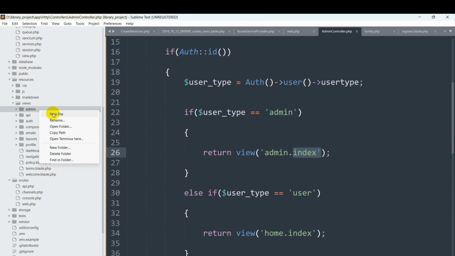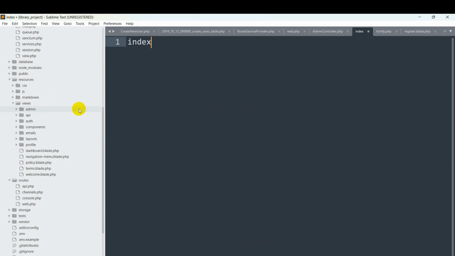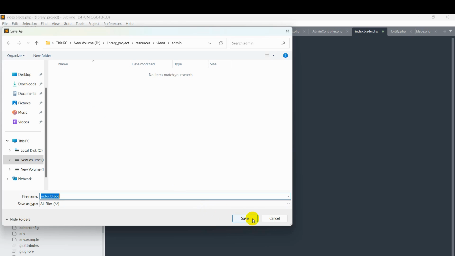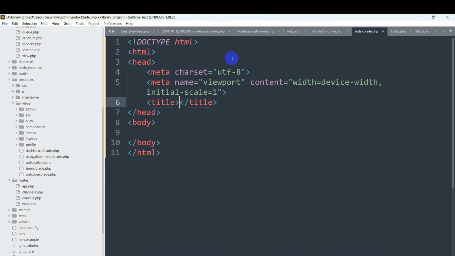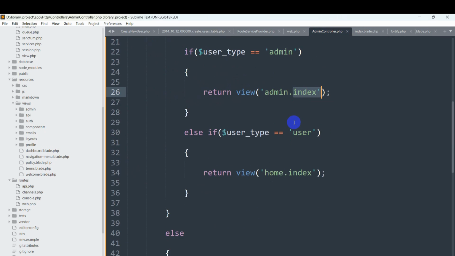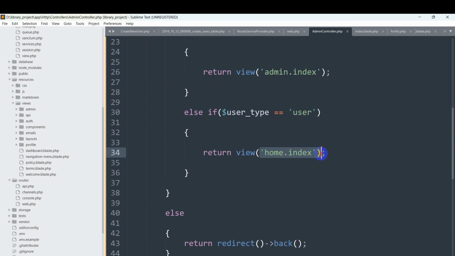So we click on admin, then click new file, and we're going to say here index.blade.php, Control S and save. So here we'll just mention a simple HTML. We'll just say here admin, and then let me just go to the admin controller again, and from here we are returning the user to the